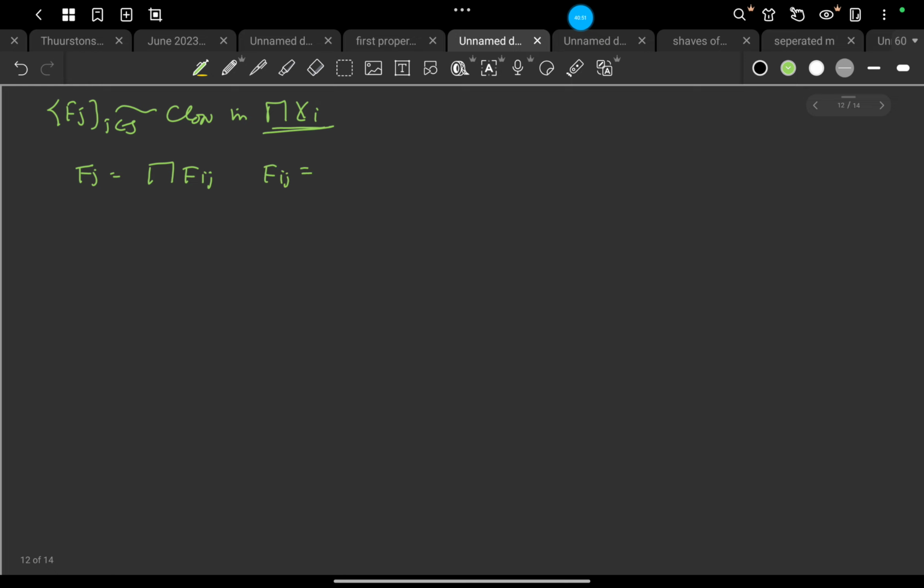Here F_ij is X_i if i is not equal to j, and F_ij is closed in X_j if i equals j.